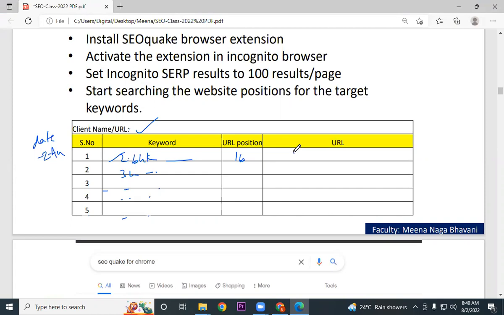Whenever some users are typing keywords, any page from your website can come up in the SEO results. So here, which URL is ranking? We will note that down. Now, after 3 months, it is August. After working for 3 months, August, September, and October,